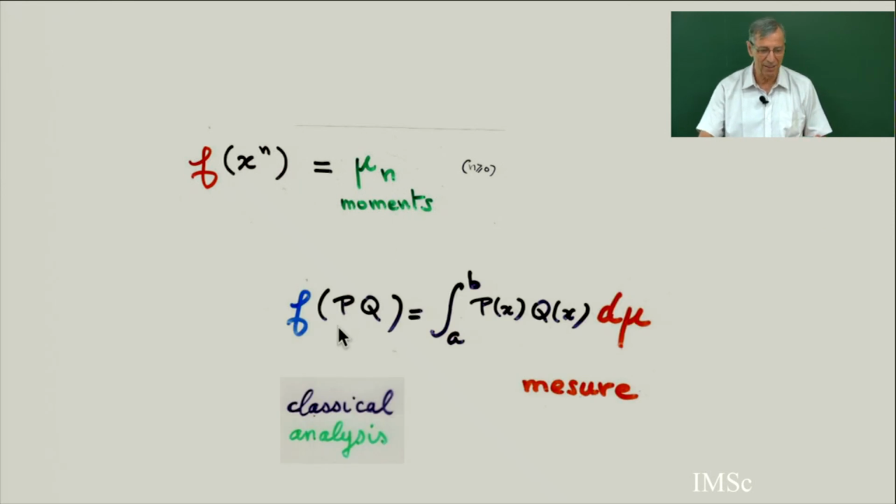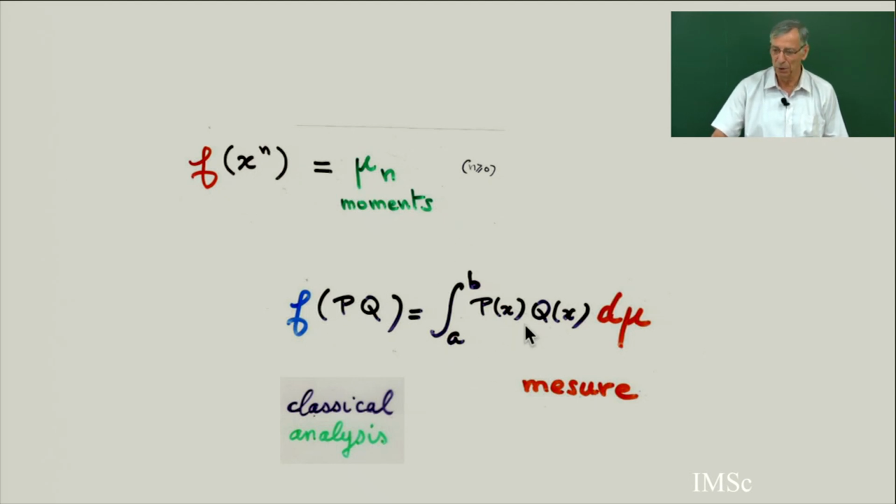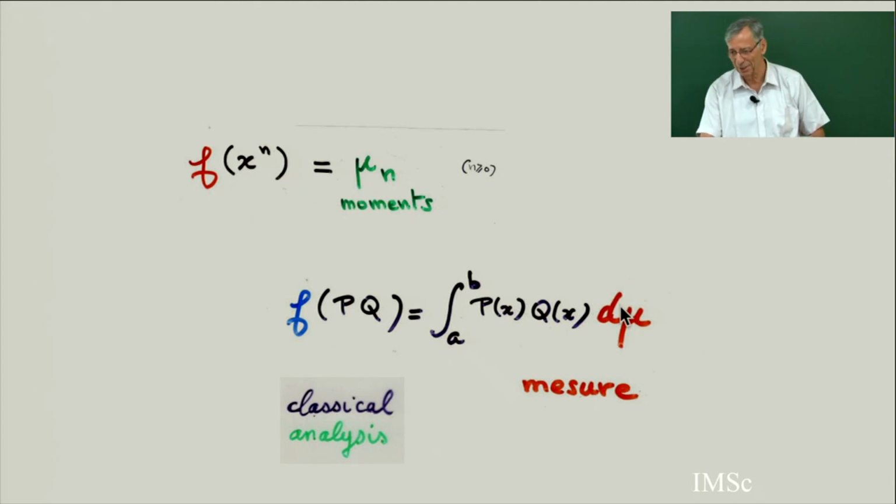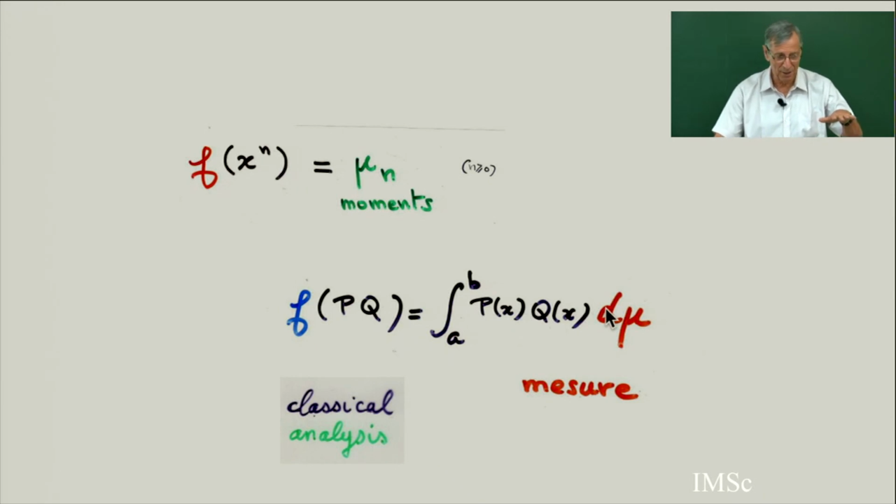And usually, in classical analysis, F of PQ, in fact, is defined as an integral of the product PQ by a certain measure d mu, which can be a Stieltjes measure or any. But for higher-level polynomials, we don't know how to interpret this combinatorially. What we know is this interpretation, the mu_n. Also there is a problem in some cases. Different measures can give the same sequence of orthogonal polynomials. You need some positivity condition to get a unique measure. But here the moments will be unique. I will give a lemma which gives the unicity up to a multiplicative factor.